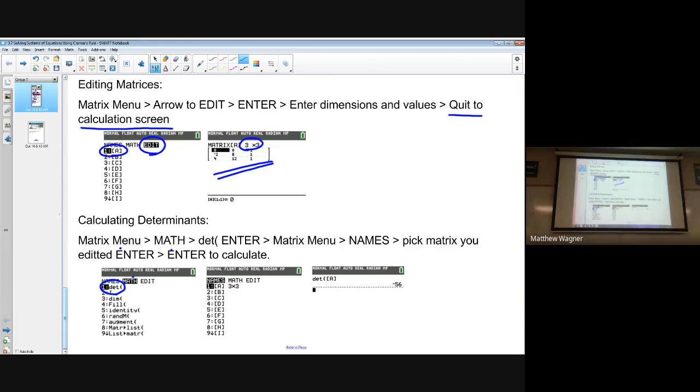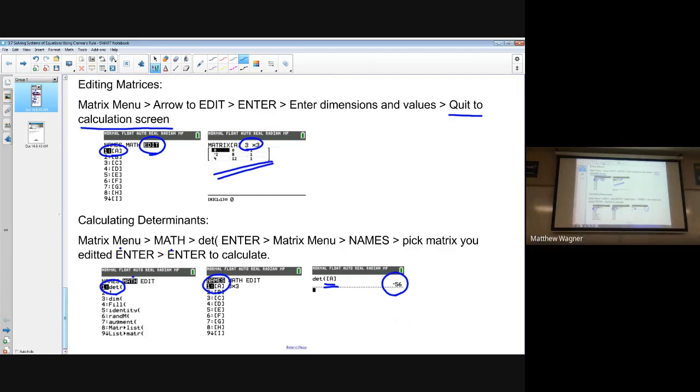Okay. So you hit enter. What it's going to do, it's going to throw it up on your calculation screen. You then need to tell it what to find the determinant of. So you want to go back into your matrix menu and grab matrix A. So you can leave it at names, hit enter, or 1. So then it's going to throw in matrix A to your calculation screen. Determinant of A, hit enter, and you're going to get your answer,